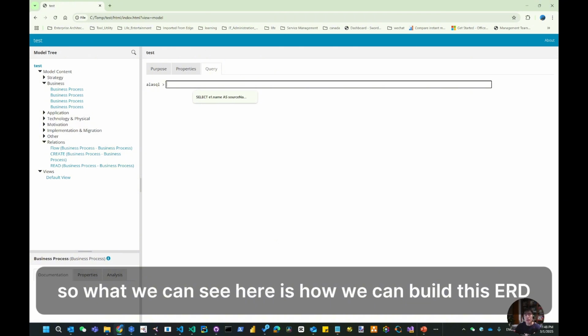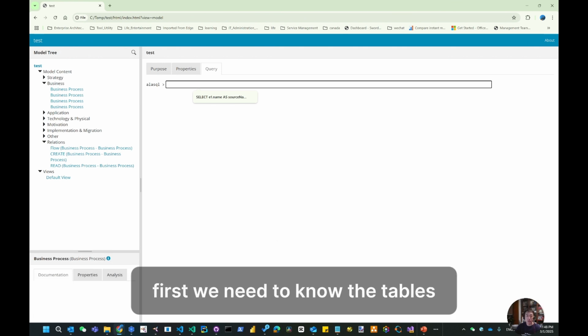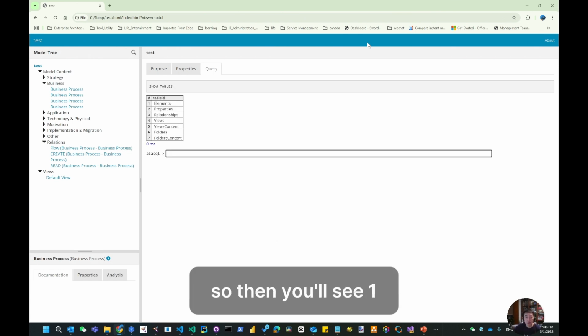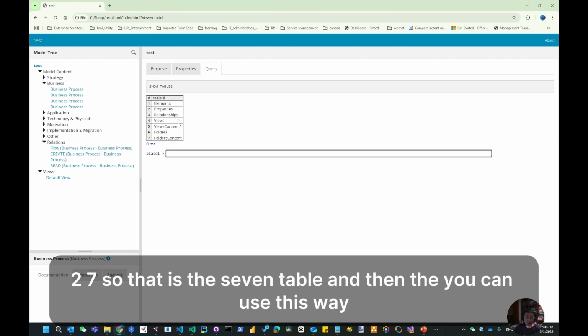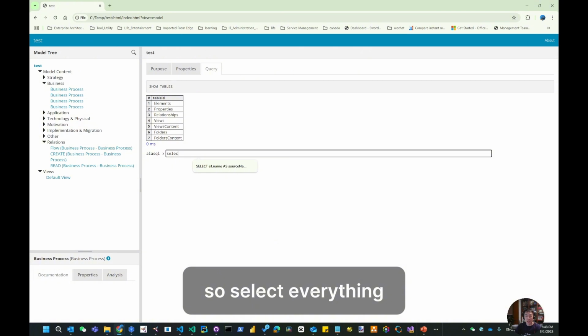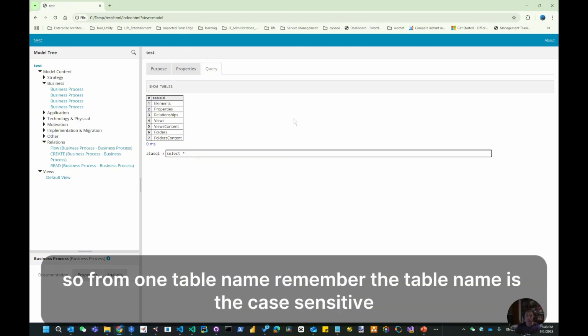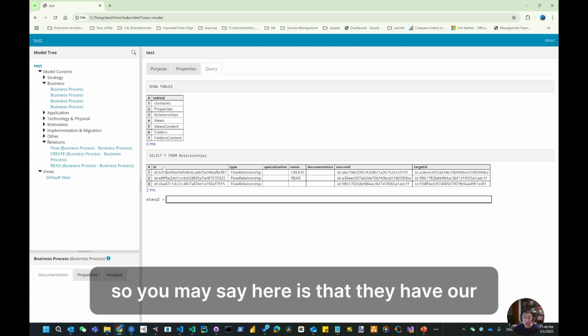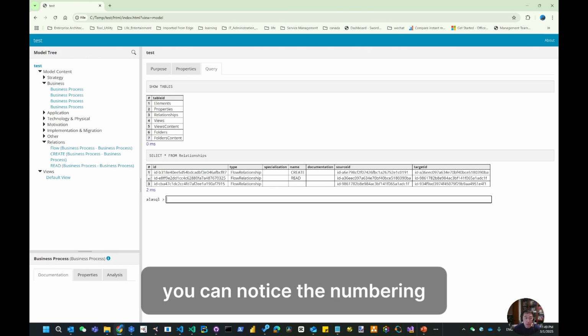So what we can see here is how we can build this ERD. First, we need to know the tables. Like normal SQL, show tables. Then you see 1 to 7, so that is the 7 tables. Then you can select everything from a table name. Remember the table name is case sensitive. So let's use the relationships table, and you may see here, ignoring the numbering,